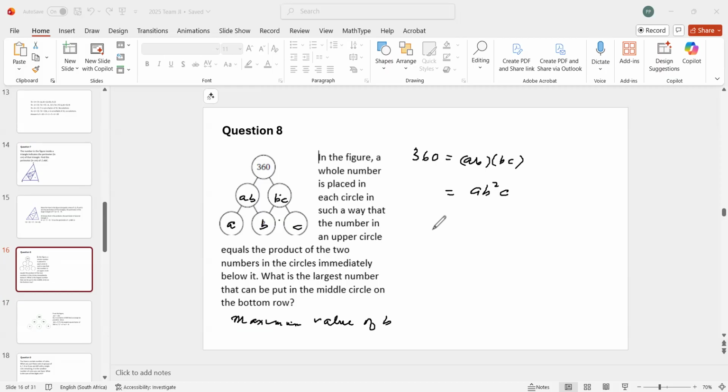So let's look at 360 and factorize it. And you look for the largest possible square factor. And when you factorize the thing, you get 5 times 72. 72 is 8 times 9. So the largest square factor is